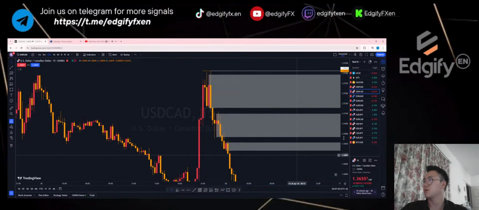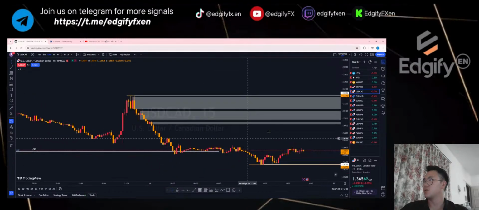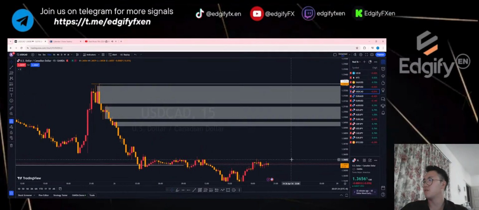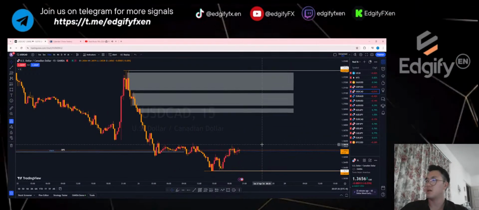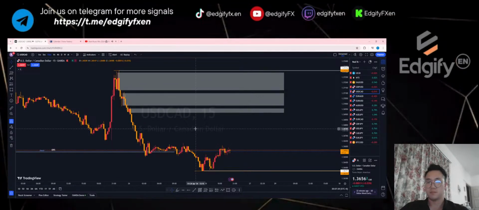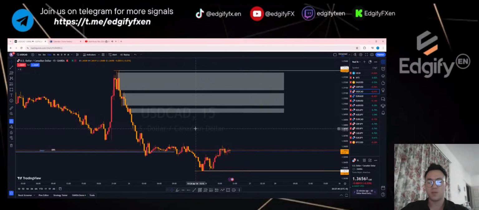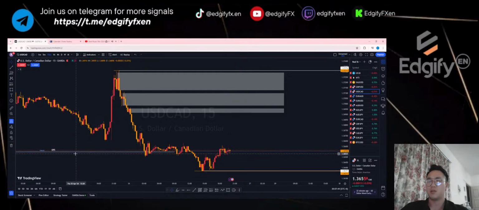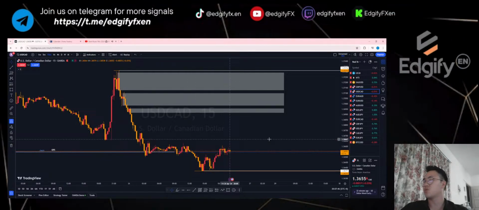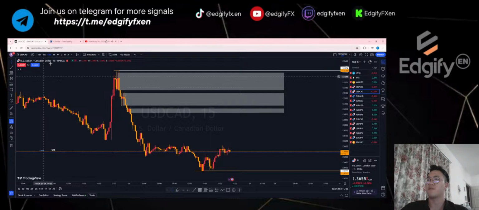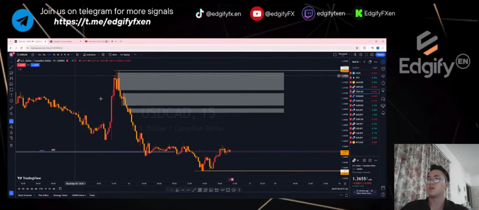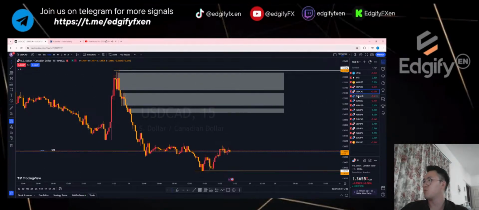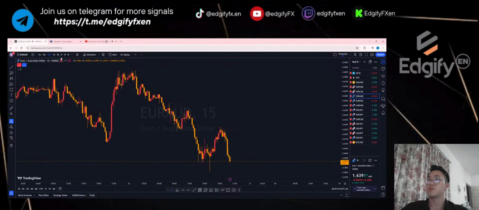All right, so this is going to be my priority. Okay, but nonetheless, I will still look out for these three zones here to see if anything can be taken later. Alright, because I'm not going to rush into a USD trade now, because in about 23 more minutes, give and take, right, we do have the news coming in. Alright, so I'm just going to monitor it closely and see how it goes.